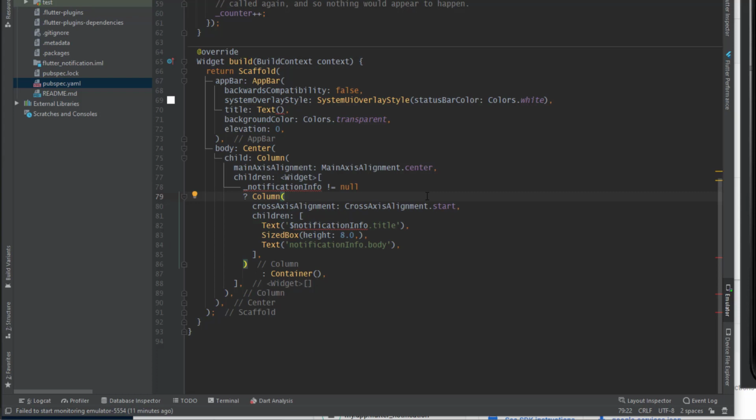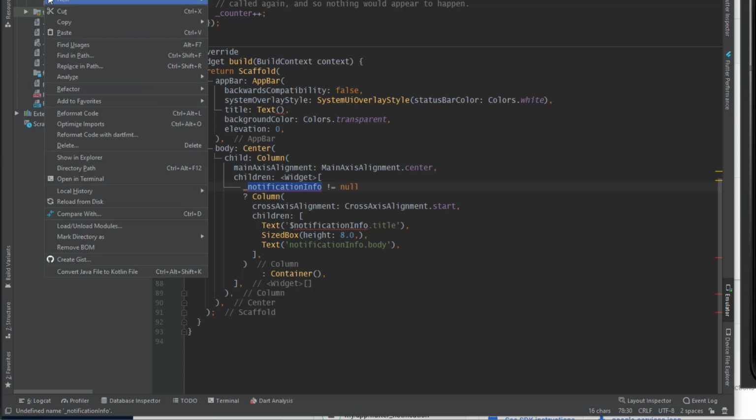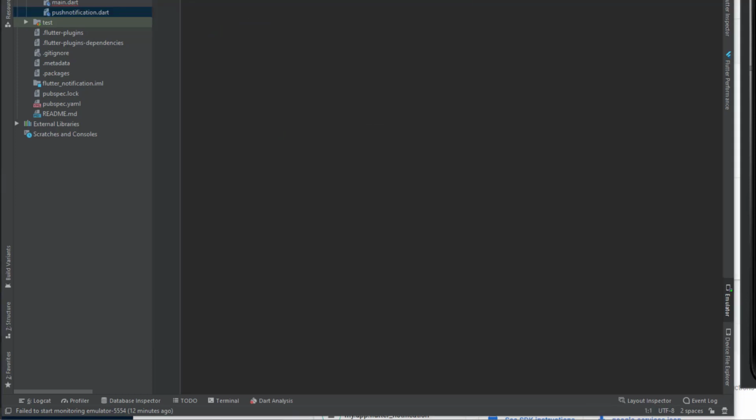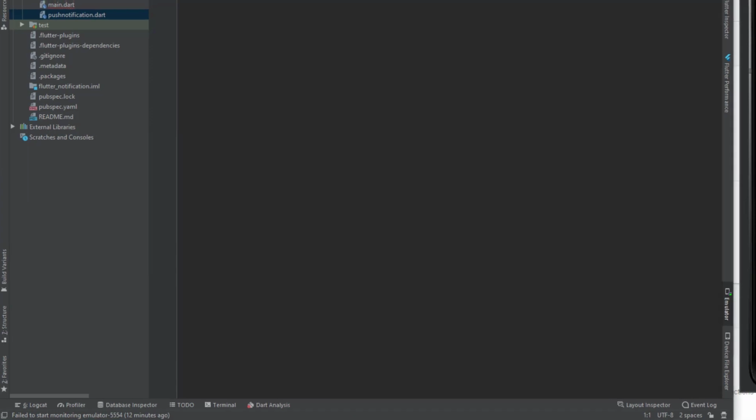As we mentioned before, notification can have the notification title and body and also the data. For notification title and body, we can create a class. So one variable can have two variables inside it if you are not familiar with the class. So we go to the lib and right click, new file. We call this push_notification.dart, and inside this file we are going to create a class PushNotification, and